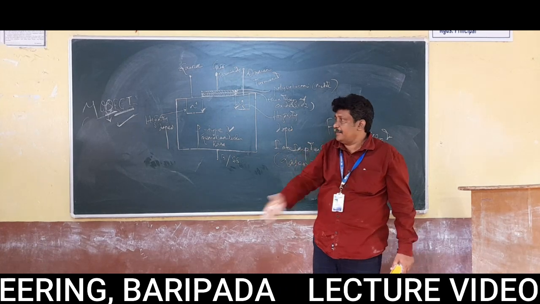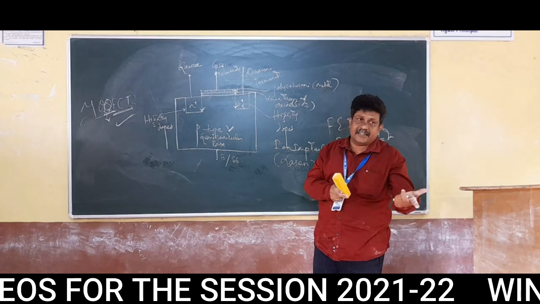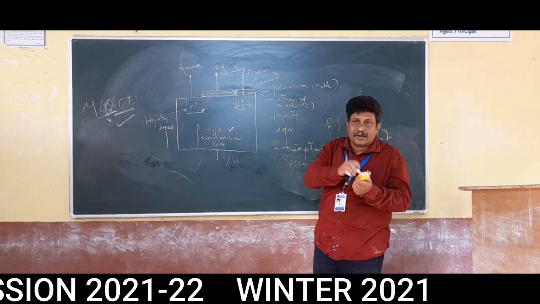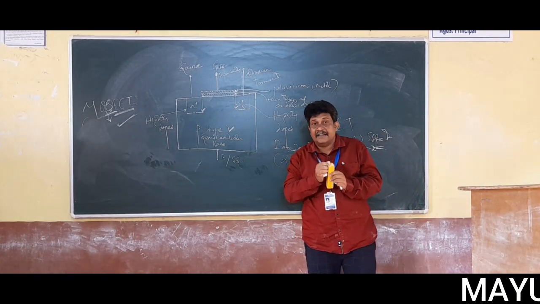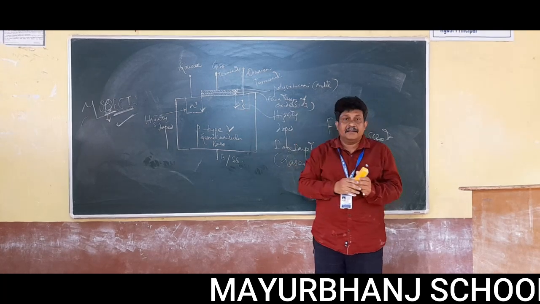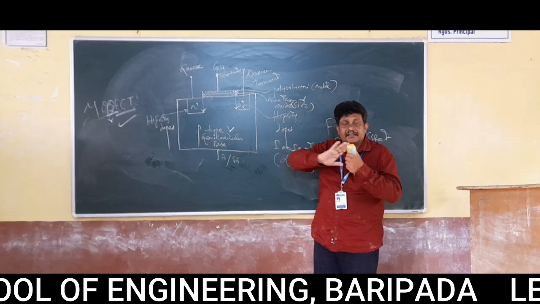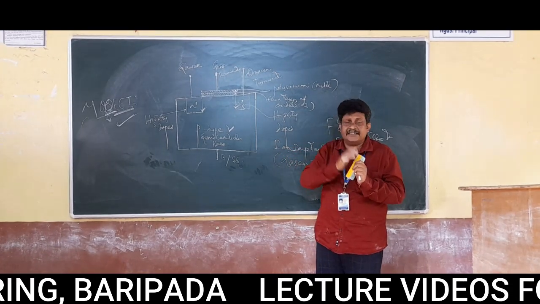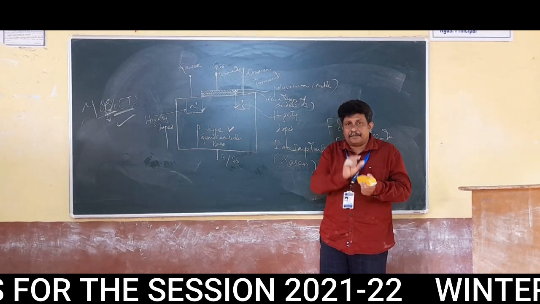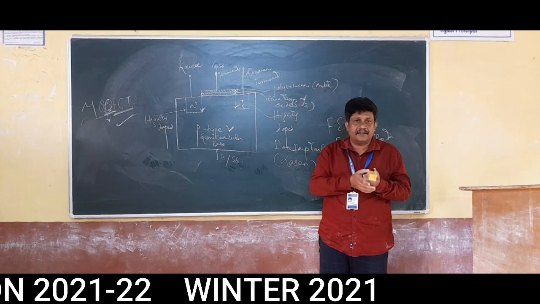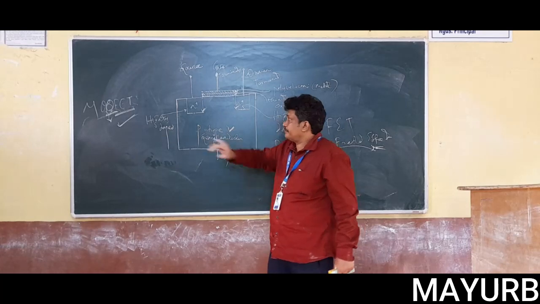Yes or no? Just before describing this part, we have already mentioned that depletion type and enhancement type MOSFETs are each of two types: one is N type, one is P type. N for what? N channel. But here we have not described anything yet. Is there any channel? No, there is no channel. Till now no channel is present. So where is the possibility of creation or development of a channel?